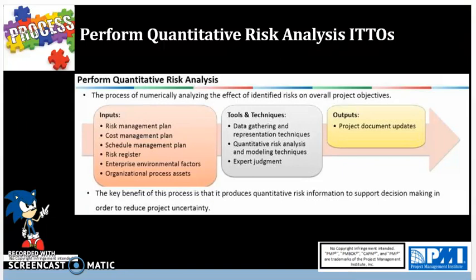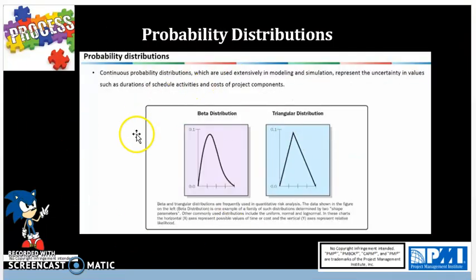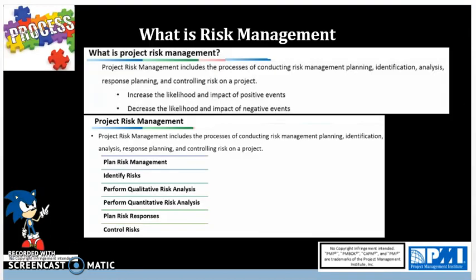An example of this is to use a probability curve that shows the beta distribution and triangular distribution, and this can be shown here in this slide. This is what we're looking at. Basically, any probability distribution curve has a maximum probability of 1, and the most commonly tested one is going to be the beta distribution. So essentially, we'll be using that in the data gathering and representation technique.